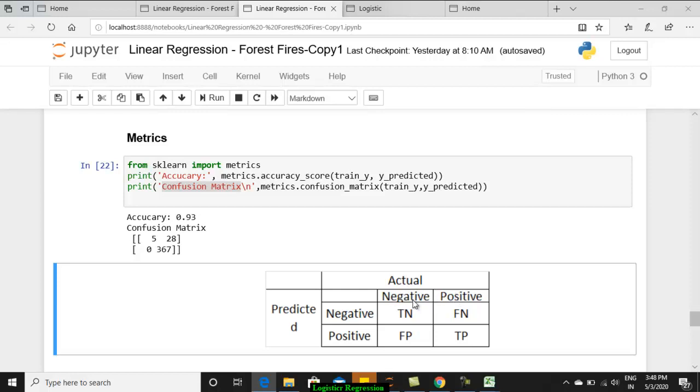We say it is positive and negative. In general, it could be class A and class B. And in your predicted also, again, you will have two classes, positive as well as negative. Now, between these, when your actual value is negative, that is class B, and your predicted value is also negative, we say it is true negative. When your actual value is positive and your predicted value is also positive, we say it is true positive. In both cases, these two are correctly calculated or predicted, right?